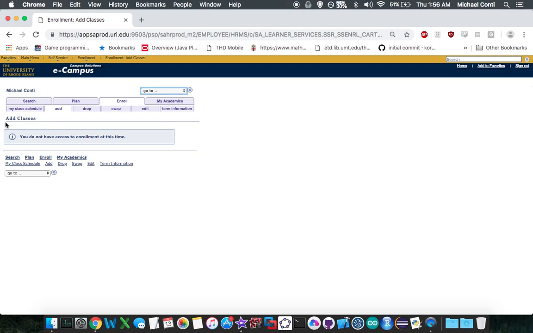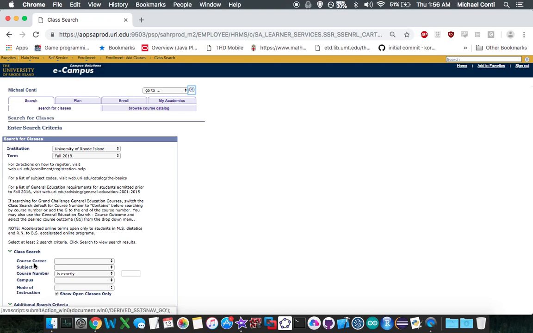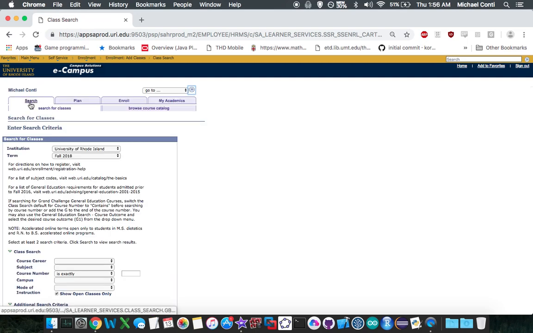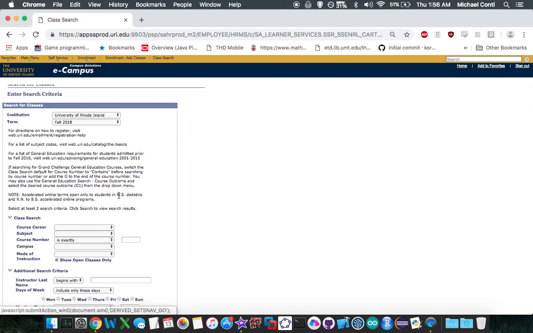Okay, so like I said, I don't have access at this time because it's too early in the semester, but it's very, very similar to this search feature. Basically, when you're going to add a class, it's going to say, okay, search for a class, and then it will direct you here. So just a little bit of information that I think you might be